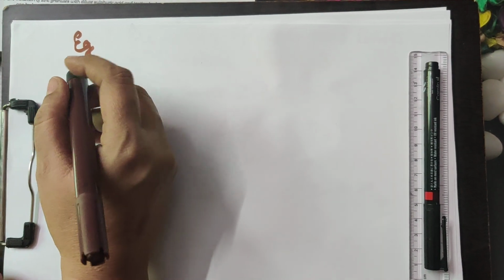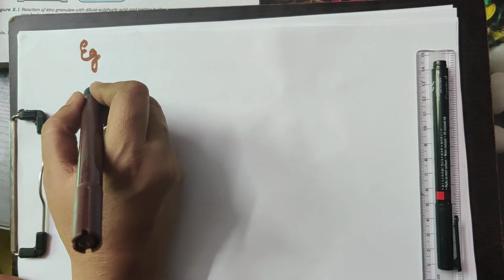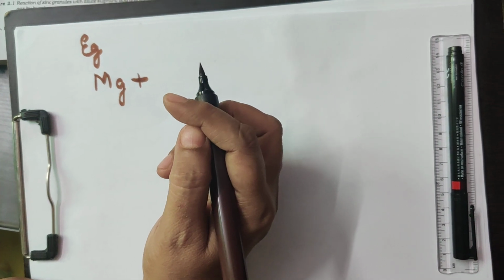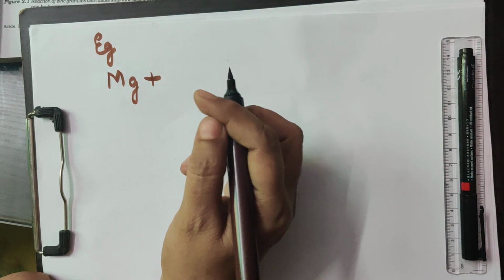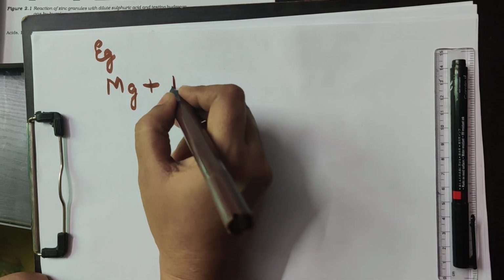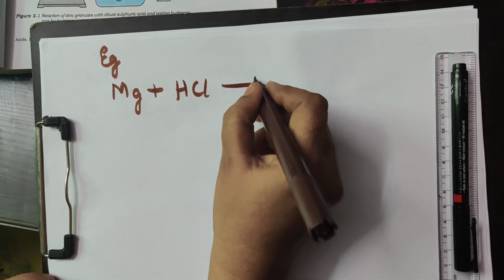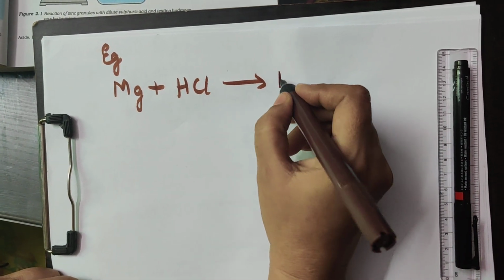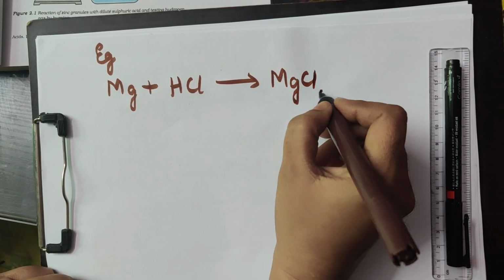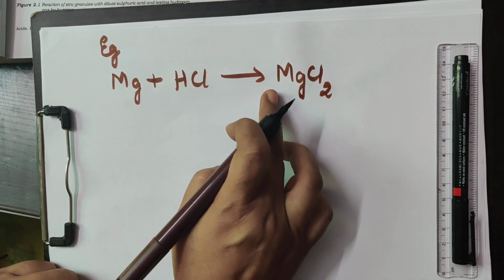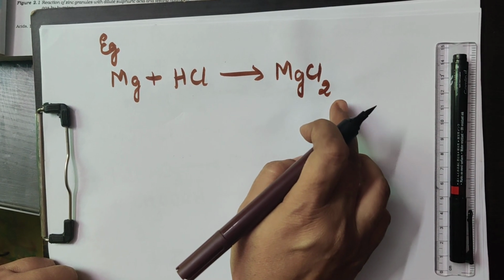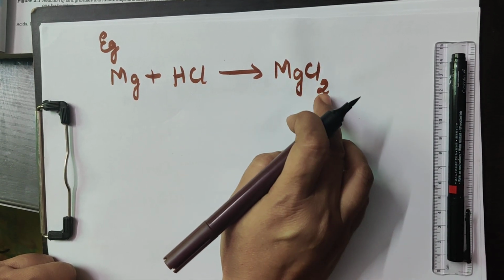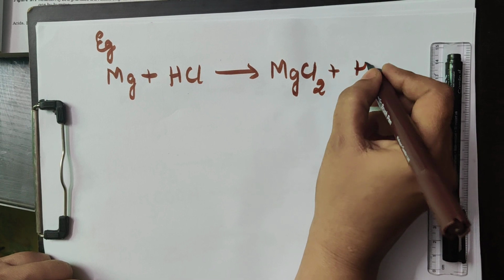We'll take another example by replacing the metal. Let us take magnesium as the metal. Small strips of magnesium ribbon are available in the lab. We'll take a small strip, a ribbon, and take the acid, hydrochloric acid. Let us see what happens in the reaction. Magnesium combines with the chloride group and forms magnesium chloride, MgCl2. Why 2? Because of crossing valencies: chlorine valency is 1, so Mg is 1, and magnesium valency is 2 plus, so Cl2. It liberates hydrogen gas.